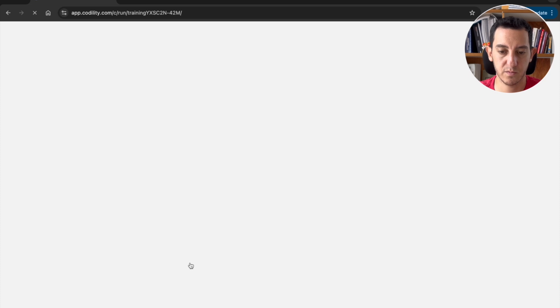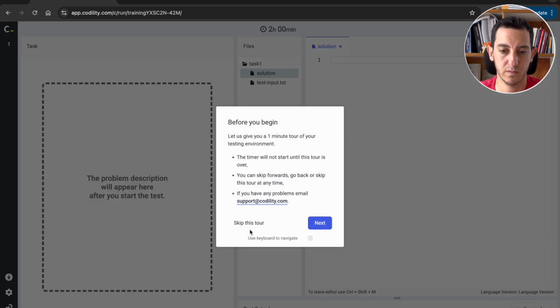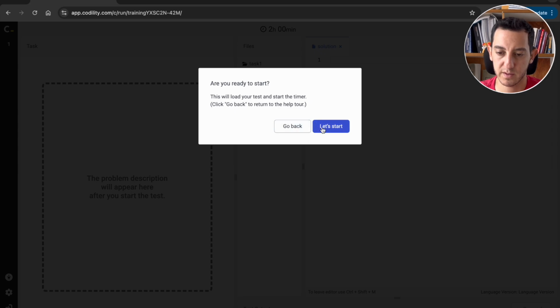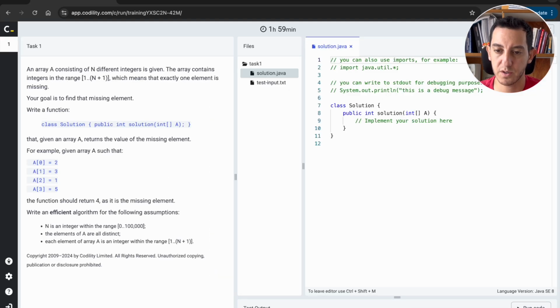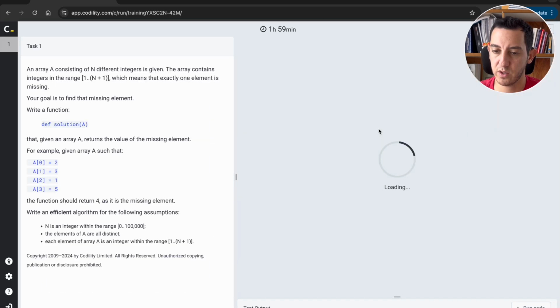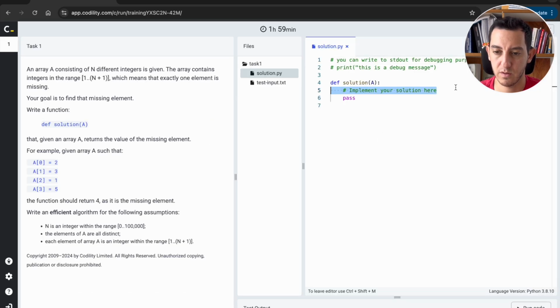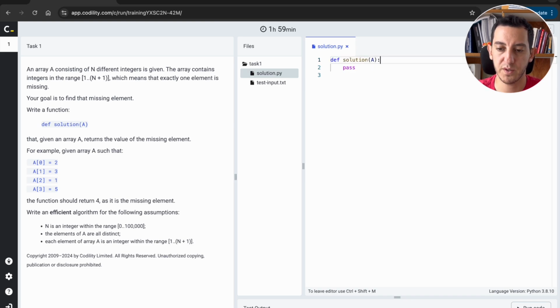Start the test. Let's skip this. Start. We're going to select Python here. We're going to delete all of this. And the first thing we have to do is calculate our n, which will be the length of A plus 1. So next we are going to calculate the expected sum,